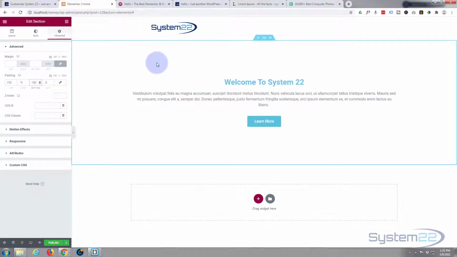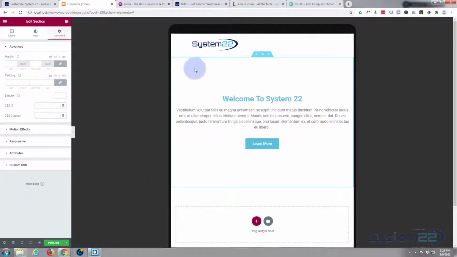which is great. Now you've got the option here for responsive devices, which is really nice. If you just click on the little desktop icon there, you can hit tablet and see what it's going to look like on a tablet. I don't actually mind that because remember, we're going to put an image behind here. In fact, we're going to have fading images, a bit of a slideshow going on behind here. So I think this is going to be fine, but you can have different, for instance, you can make it 100